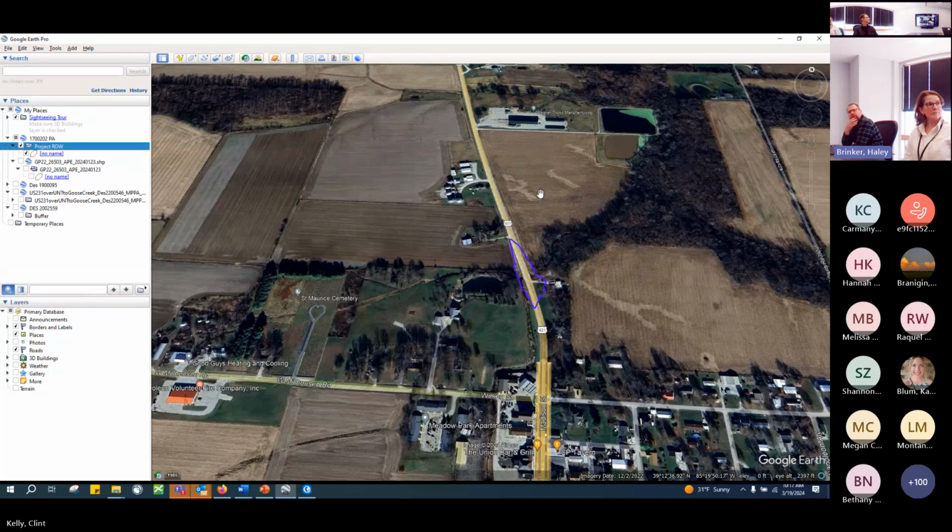So for instance, if you're just doing a simple road widening, it would definitely be appropriate to have properties that were just immediately adjacent. In this case that you see in front of you, this is a bridge replacement. No widening, no raising, just a simple bridge replacement.